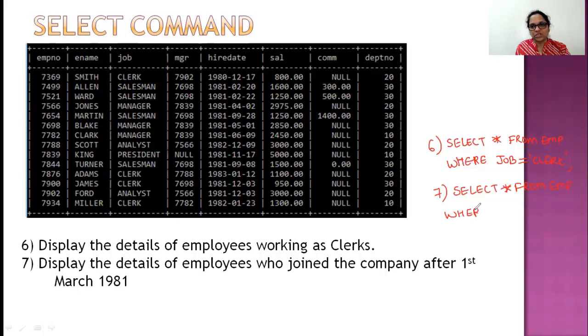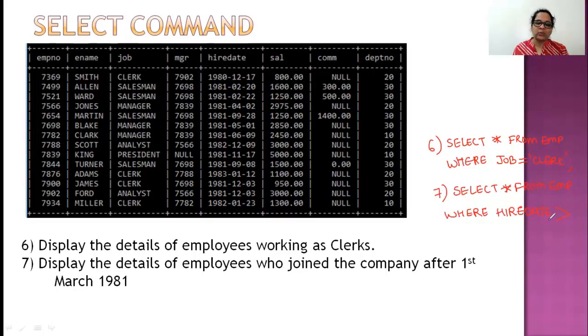So there is a condition definitely. So where? What is the condition? Joined the company. Which column in my table tells me when he has joined? A column named hire date. So I write hire date. Okay. It says after. After means greater than. After what? 1st March 1981.